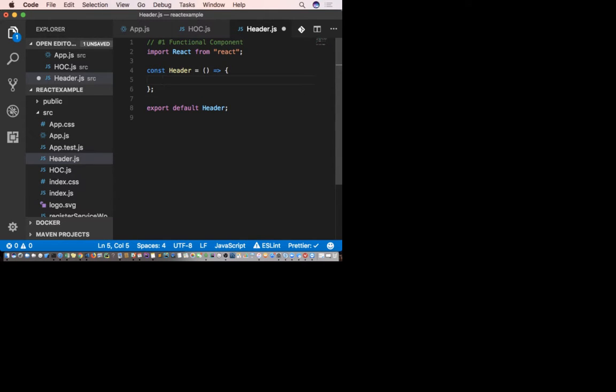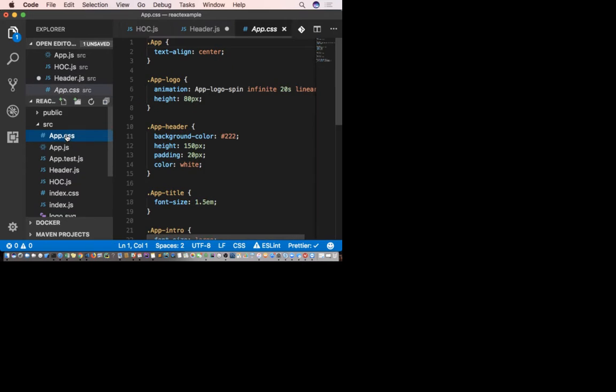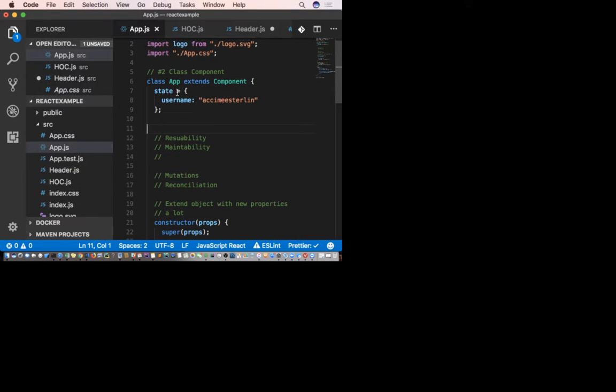The first type of component, which is called functional component, is just a function. Can everybody here create a function? Well, guess what? It's a functional component. How about that? How easy is that, right? Well, the second type of component, as you guys can see already, it's just a class component. You guys seen this before, right? And you guys can do this, right? Well, what about the third one?